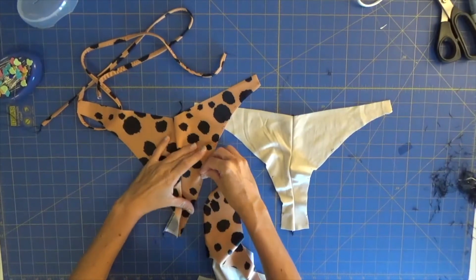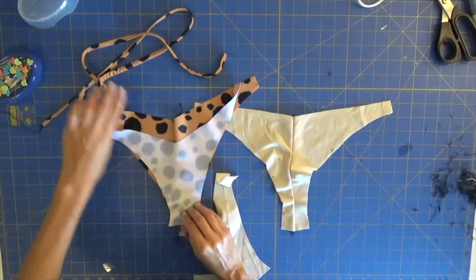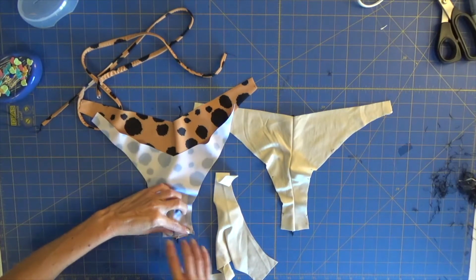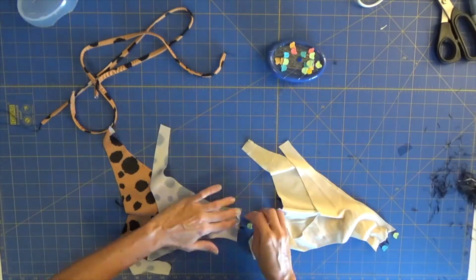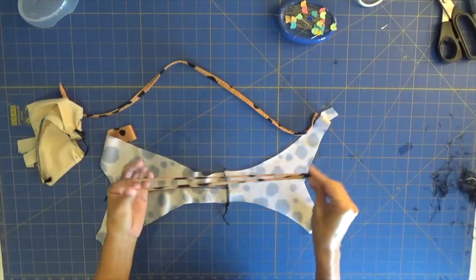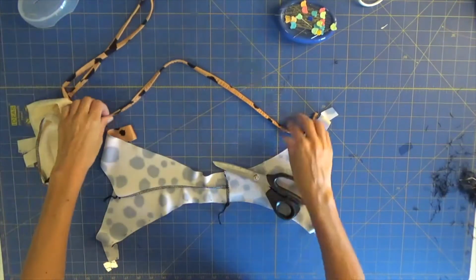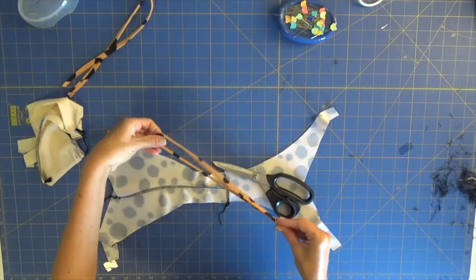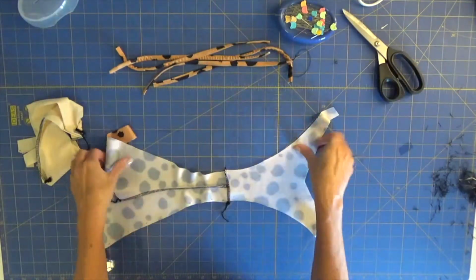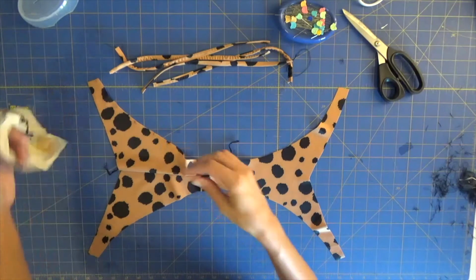So my back is corrected with my center back seam done, and now I'm gonna place right sides facing together and align the crotch area, and this is the only area where I'm going to sew, and do the same on the lining. I don't think you need me to get this on tape, so I didn't tape me sewing this part. I think it's quite easy, and all of you will already know how to do this. I'm gonna cut my straps in half, so now I have my 4 straps, and now place our entire bottom with our lining,